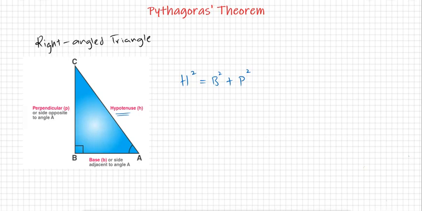Now we have two types of cases in which we have to find out the missing side of a right angle triangle. We use this Pythagoras theorem to find out the missing side of a right angle triangle. Normally we have two sides given in the question and we have to find out the third missing side. So I tell you two conditions. Condition number one is when the hypotenuse is given.